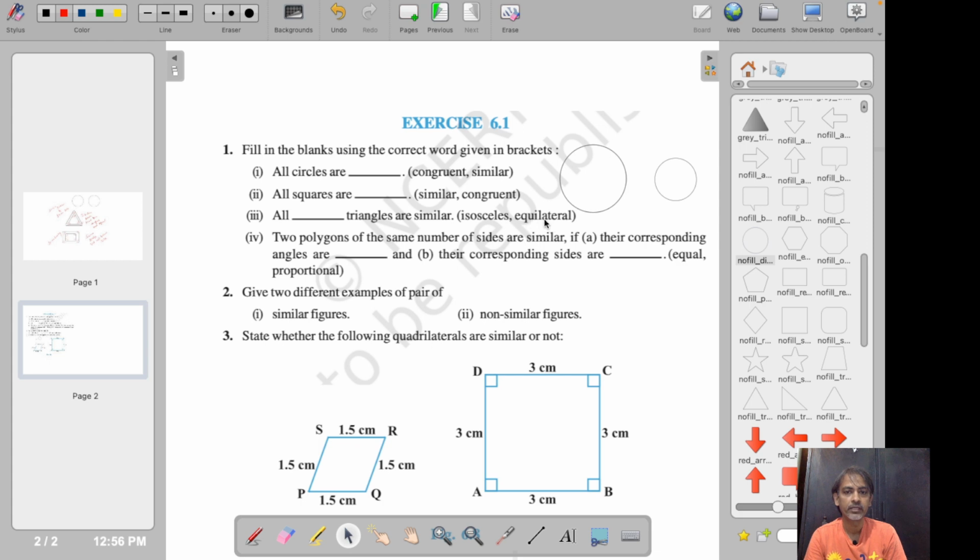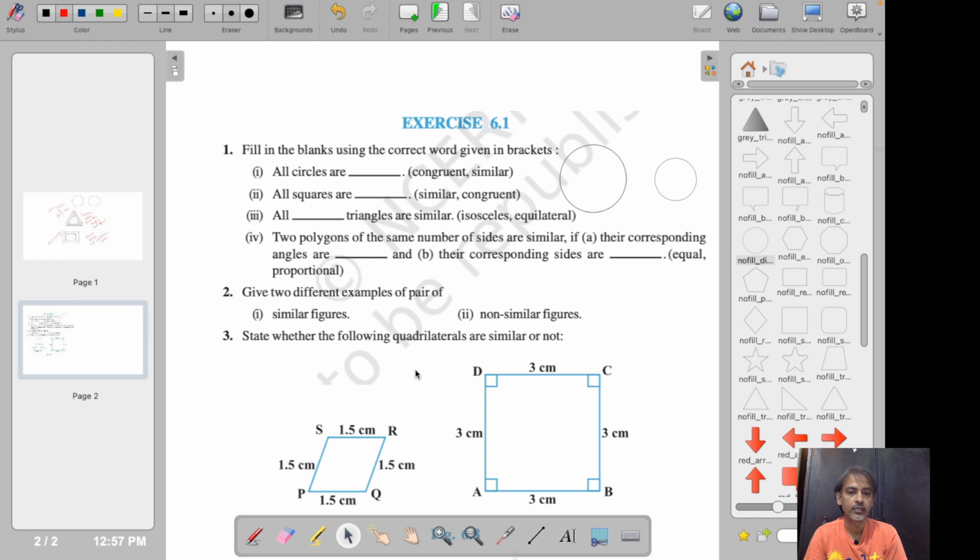All equilateral triangles should be similar because their angles are the same, right? And then two polygons of the same number of sides are similar if their corresponding angles are equal. That's what we had read in the last section, and their corresponding sides are proportional. This is what we had read. Give two different examples of pairs of similar and dissimilar figures which you can think of. Similar figures could be more like triangles, two triangles, again non-similar triangle and